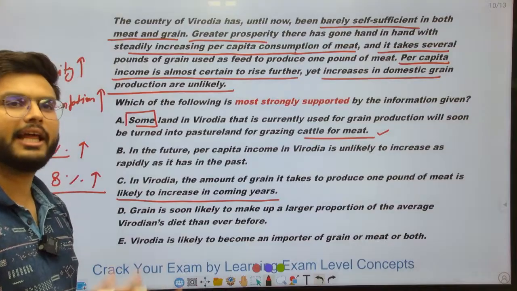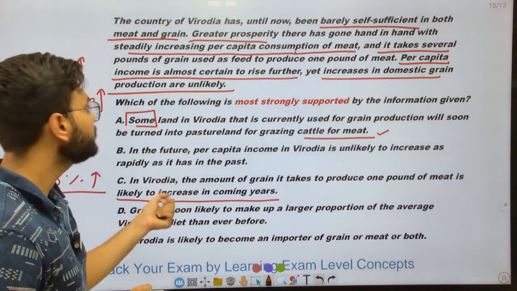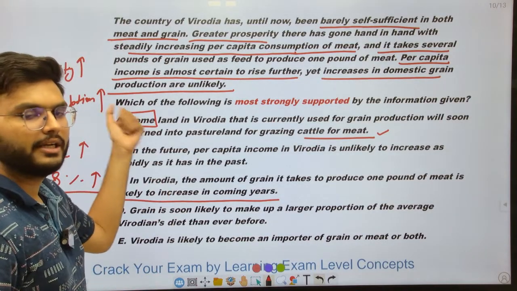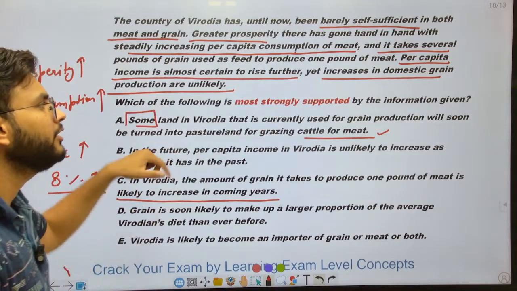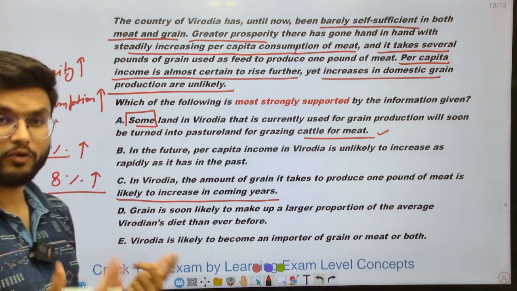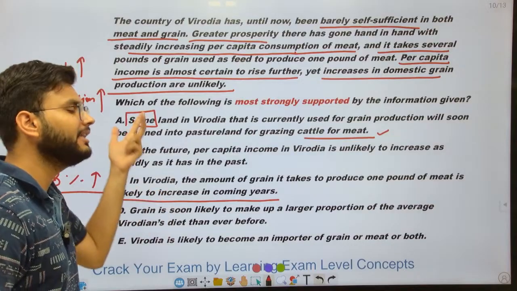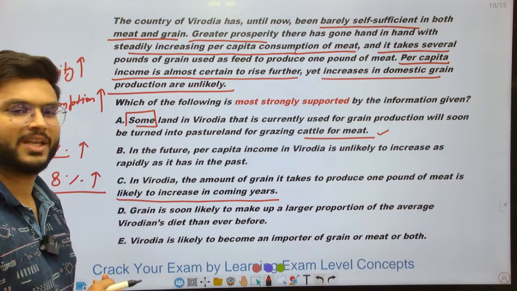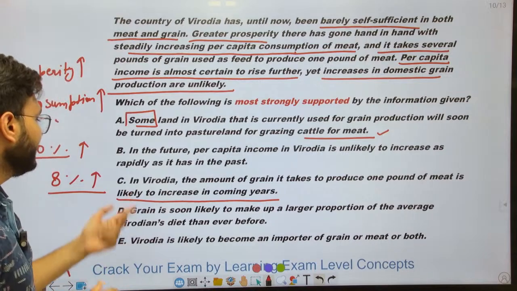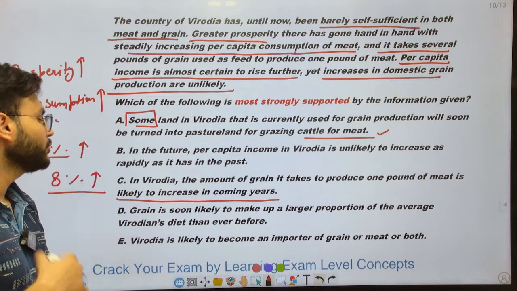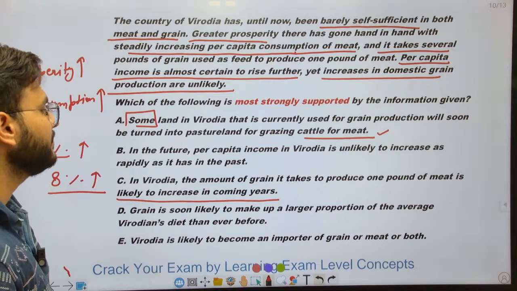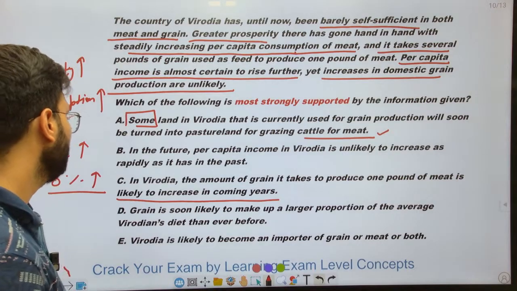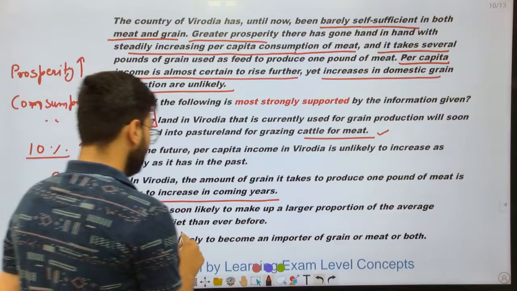All right, it might be likely to increase, but then also their demands or their consumption are not going to get satisfied because they are becoming more prosperous. So it does not tell me anything, or it does not give me a reason to believe that things will work this way. Next, grain is soon likely to make up the largest proportion of the average Herodian's diet than ever before,